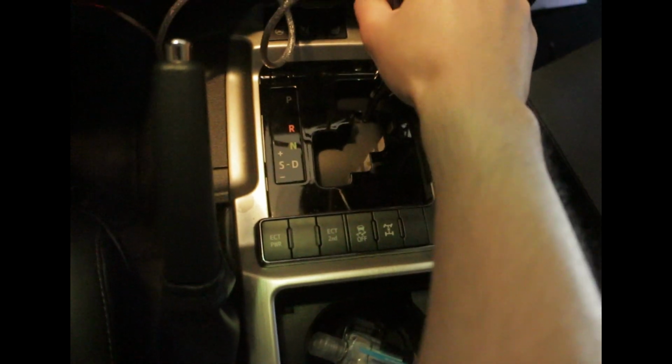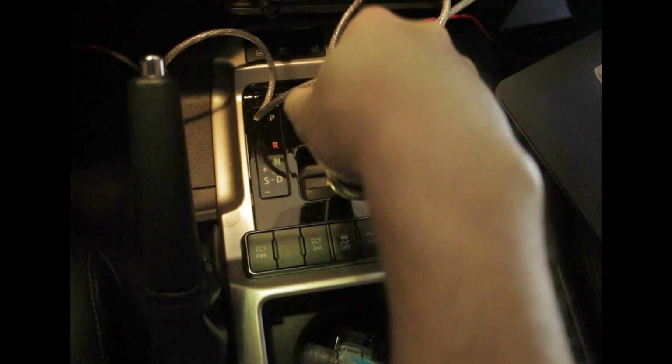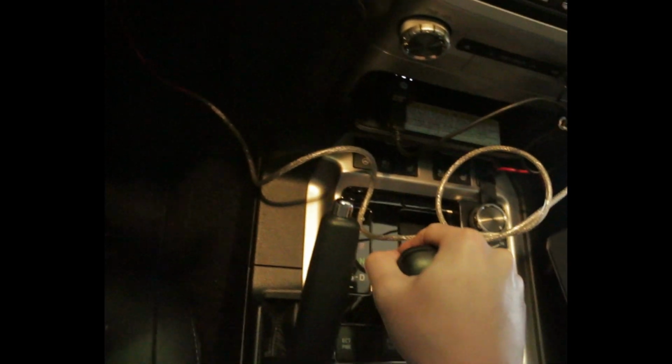Now slowly shift the lever from park to reverse, then to neutral, and to drive, and then to each gear from first gear to the 8th gear. Do this a couple of times with a shifting interval of 3 seconds. By doing this, you are allowing the transmission fluid to cycle within the transmission. After doing this 3 or 4 times, let the engine idle for 1 minute to warm it up, and then